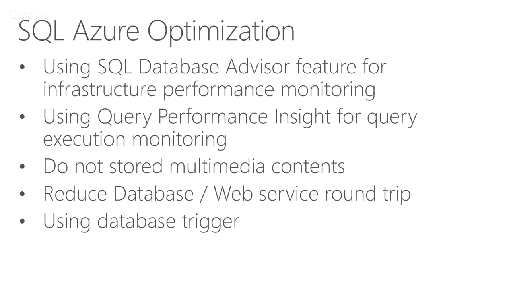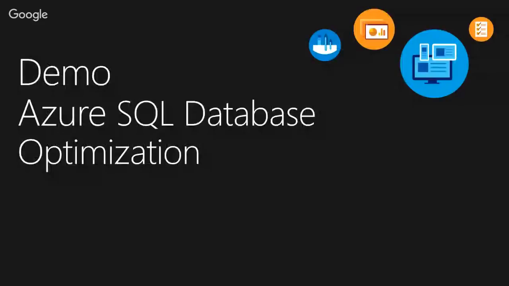You don't have to do it multiple times because it's very, very costly to have database and web services round trips. Another one is what we call database triggers. Database triggers particularly help you do something quickly and by default. This will help you a lot in terms of not having to write so many stored procedures, and at the same time, it helps you put in the default value as well. So let's take a look at the SQL Server on the Azure side about the optimizations.